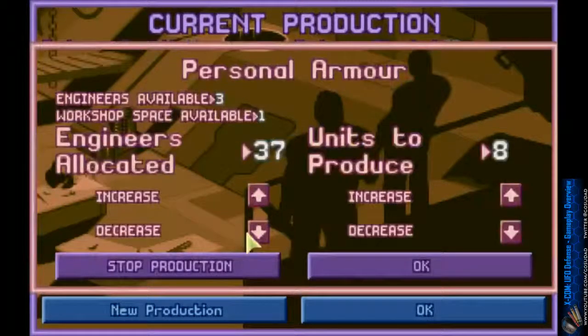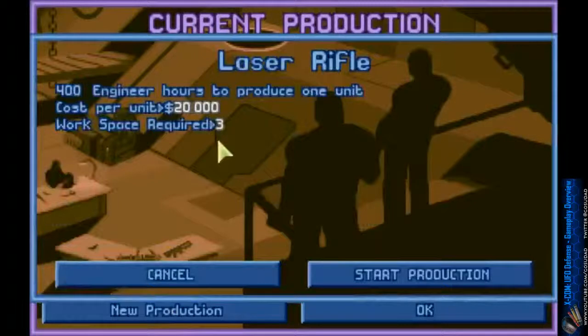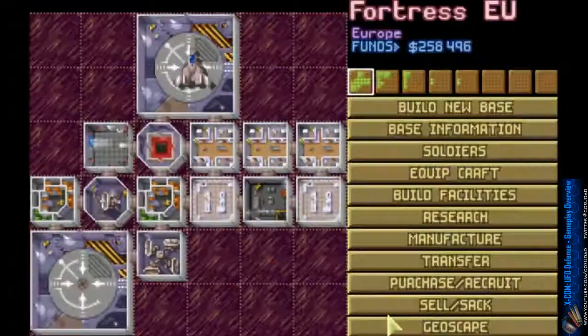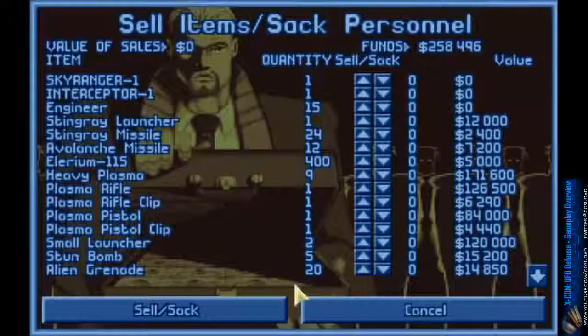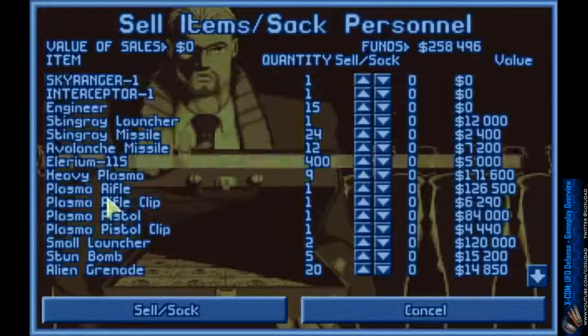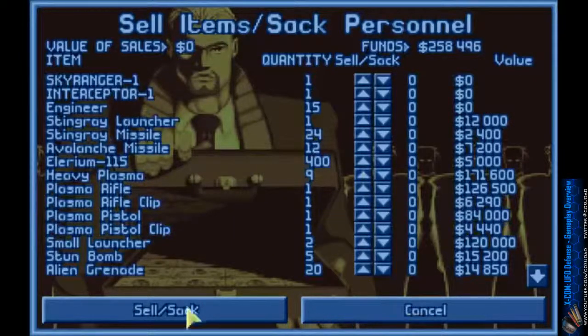So for example, if we give ourselves some manufacturing space so that we can manufacture something else, we can say I want to manufacture a laser rifle. That laser rifle is going to cost $20,000, and it'll take some engineering time to make that laser rifle, so we can start that. But that laser rifle costs $20,000, and when we turn around, we can sell that laser rifle for more than that. So you basically can manufacture things and then sell them for a profit,